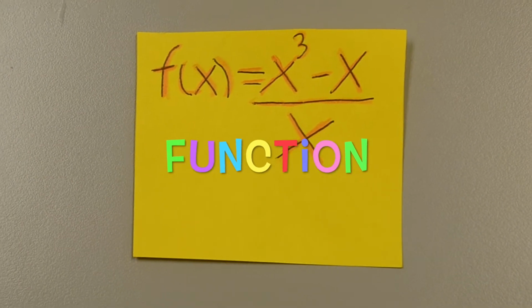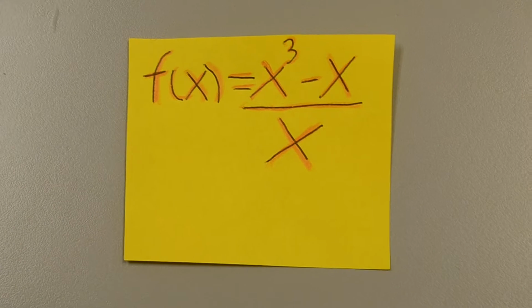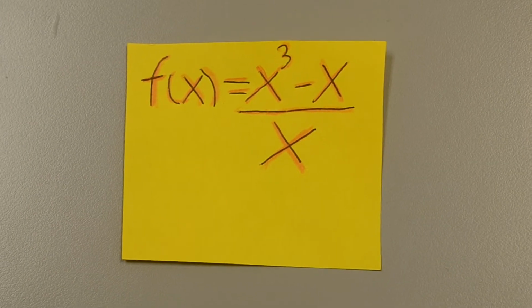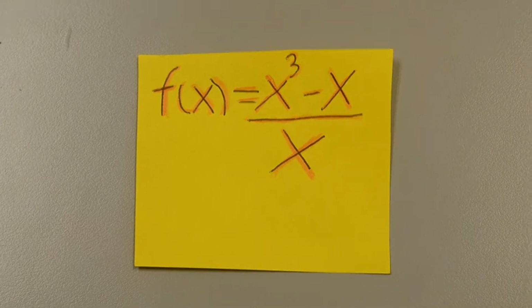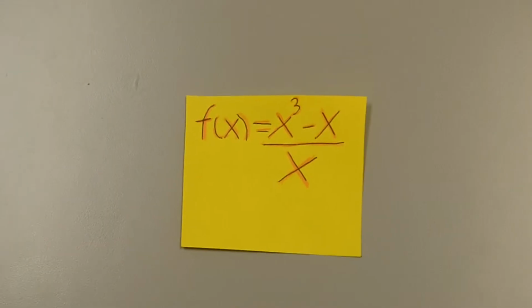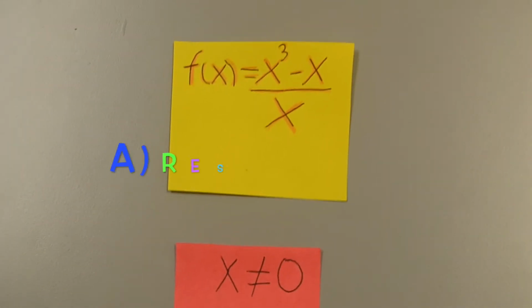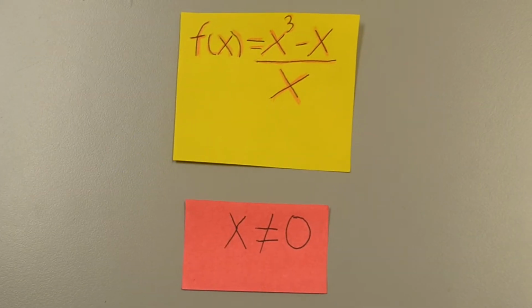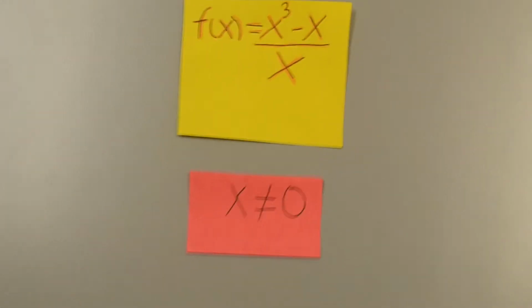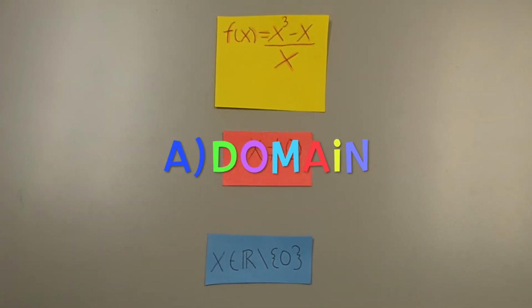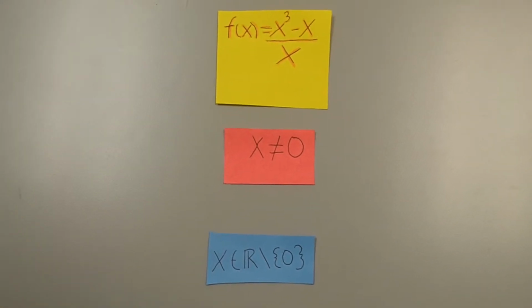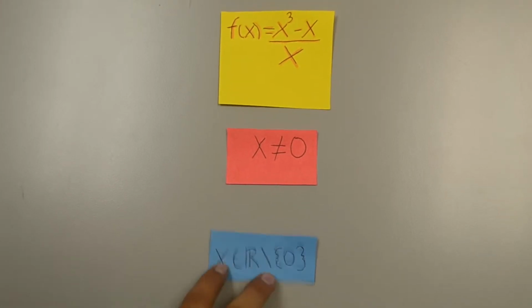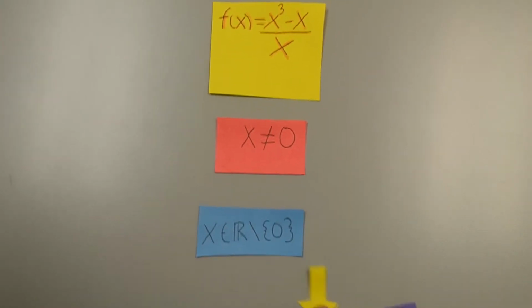The function that was given to us is f of x equals (x cubed minus x) over x. Our restriction is that x cannot be 0. And well, now our domain is that x is all of the real numbers except 0, and this could